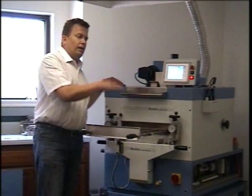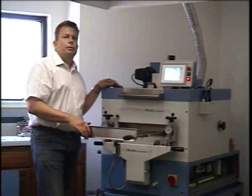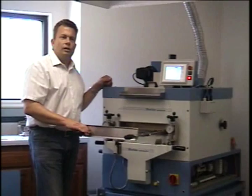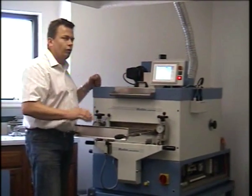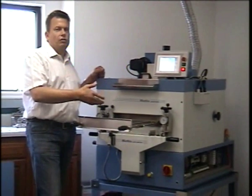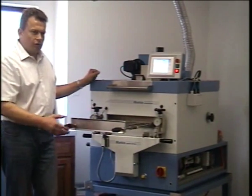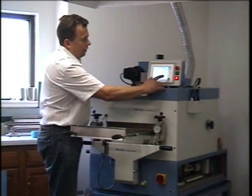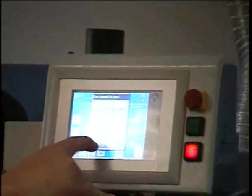When you heat up the dryer, it's always recommended to use higher RPM settings, because that circulates more air across the heating elements and therefore keeps them from overheating, and there's also an overtemperature sensor. So if you have very low airflow, there is a potential that the overtemperature sensor will be triggered. And the more airflow, the faster is the heat up cycle of the machine. So for our example, we'll put in 1250 RPM